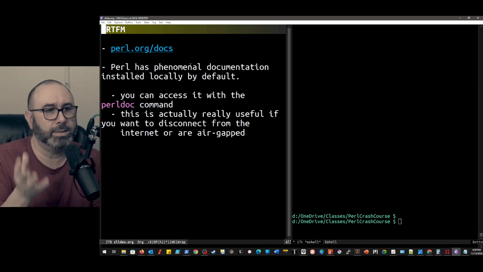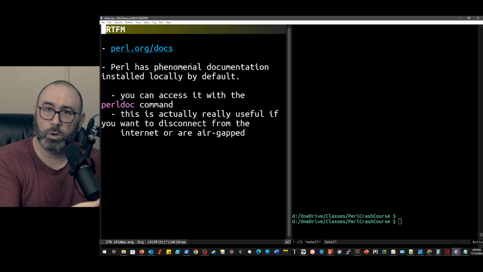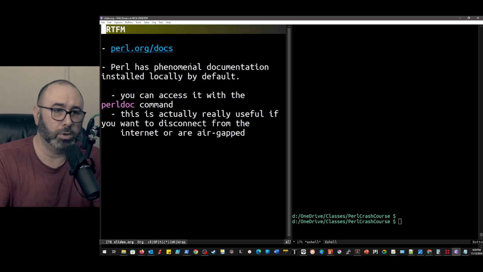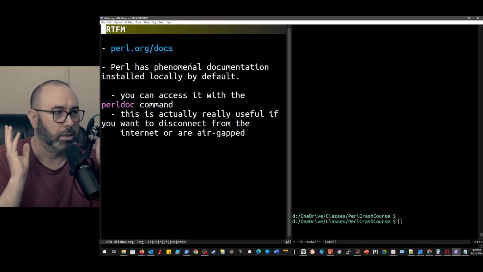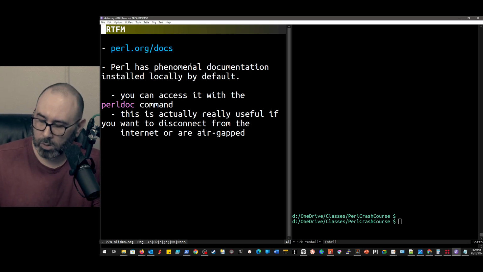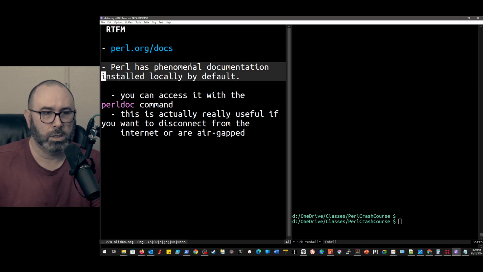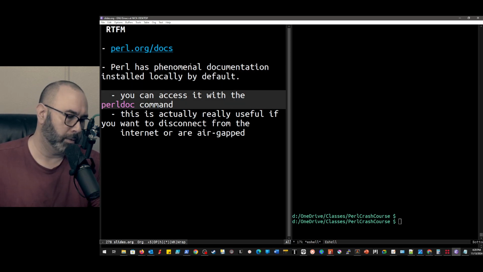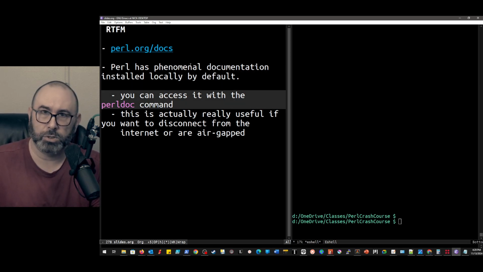What I would recommend is that if you do decide that you want to go ahead and learn Perl, come up with some kind of project that you want to go do and implement it with Perl, but also go through the documentation. One of the really cool things that Perl does is it installs typically as part of the standard distribution. Sometimes this might be a separate package that you install, the perldoc command.